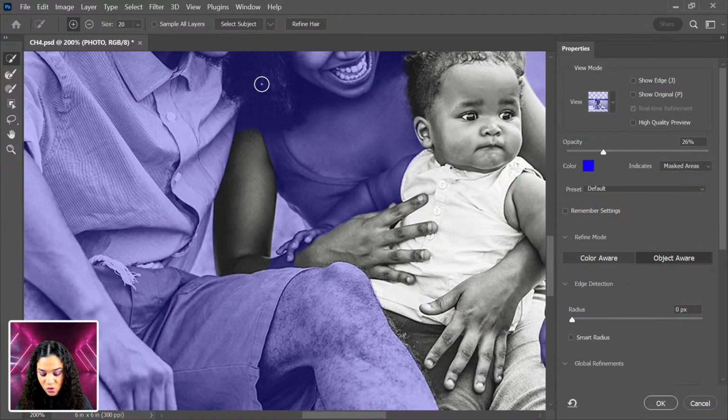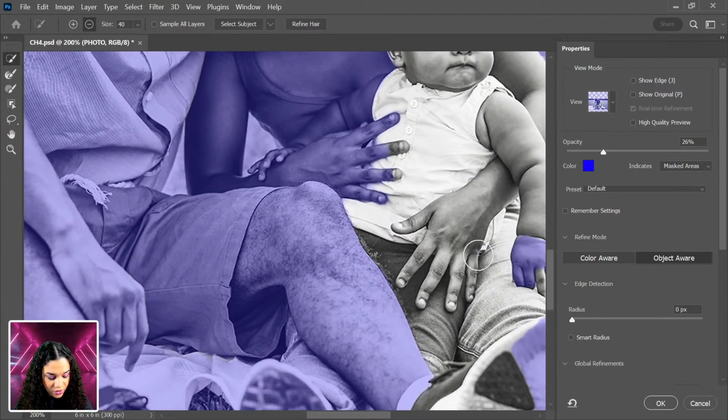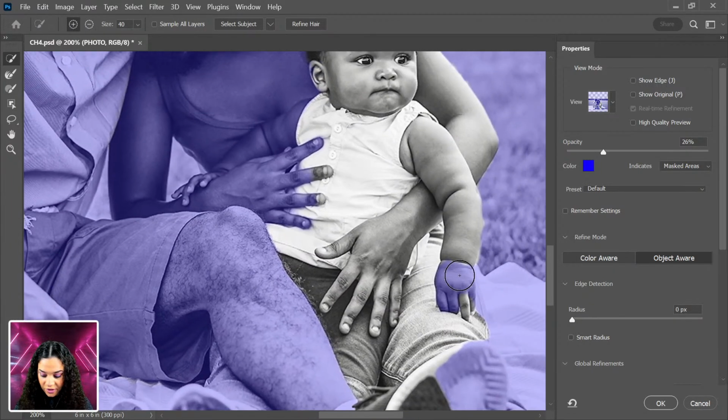So I want to go ahead and let me hold Alt, and I'm just going to come in and kind of paint out the things that I don't feel we need here. I definitely want to add in the baby's hands. I do not want the fingers. And it kind of smart selects it, so I'm just dragging through this pretty easily. And it does get a little bit messy, but